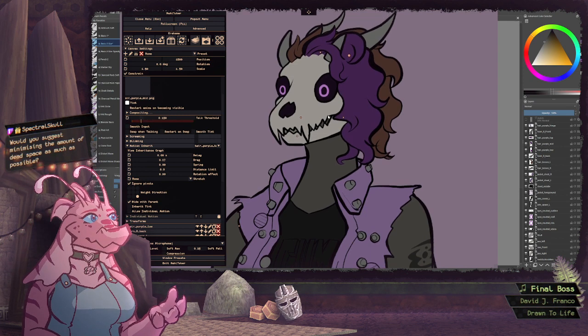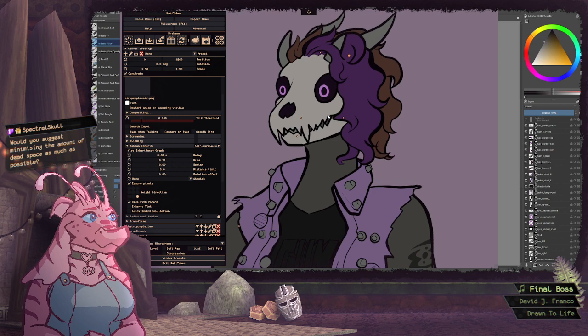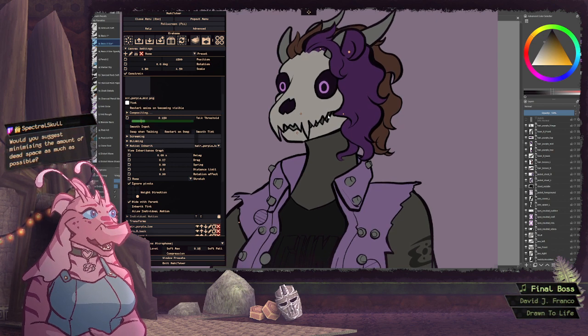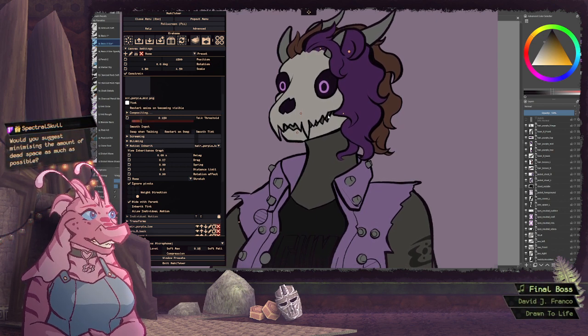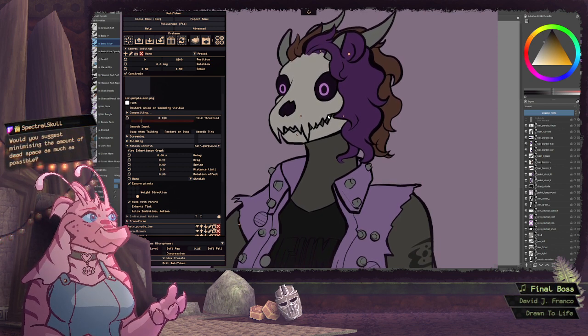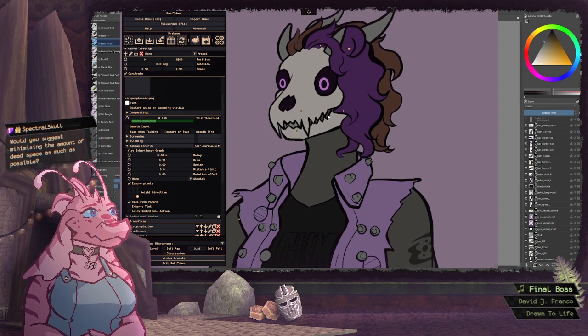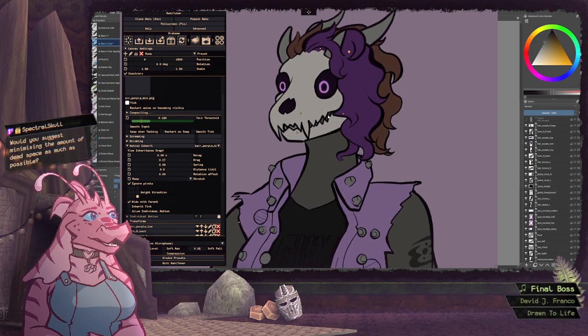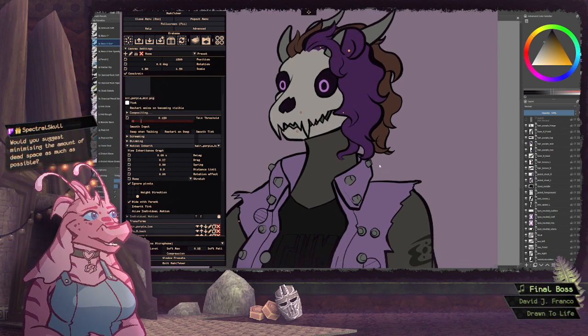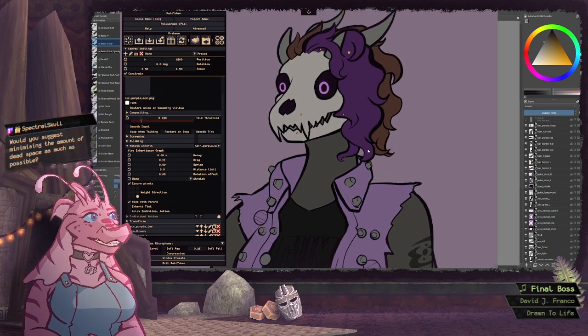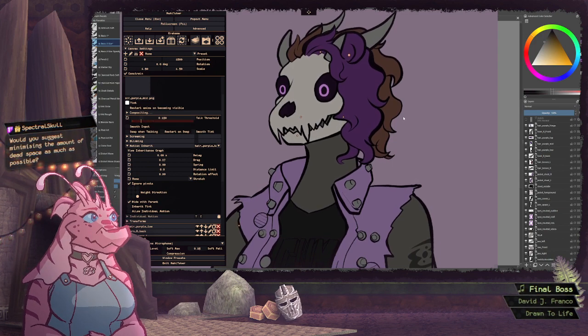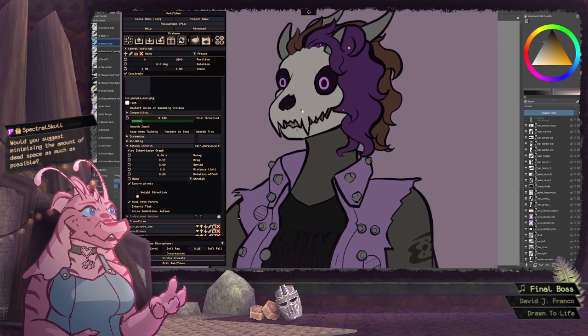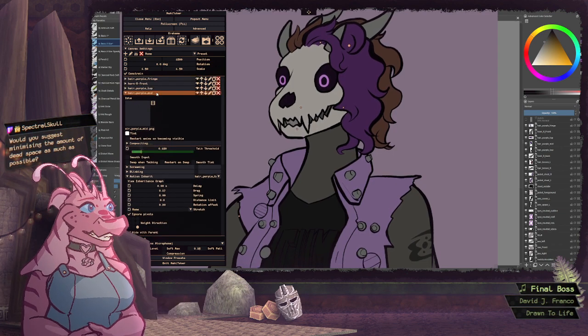I do want to program a tool, like a plugin for Krita, that can export all the layers at their minimum size and give you the position they're supposed to be in, writing them all into a file that you can just import to RahiTuber. That would be ideal. I really want to make that kind of thing, but I don't think I have the ability to do that right now. But I'd love to.